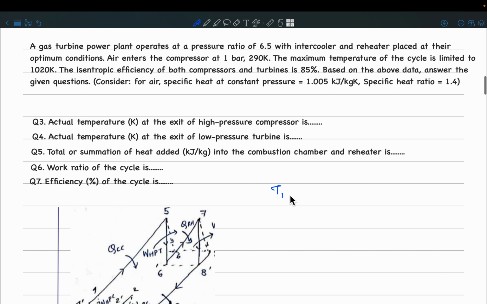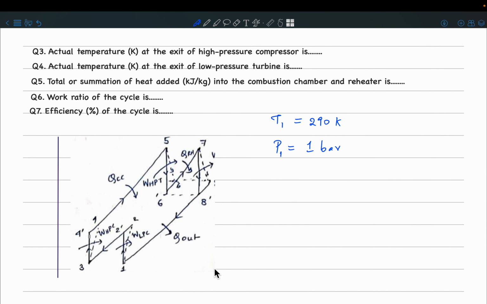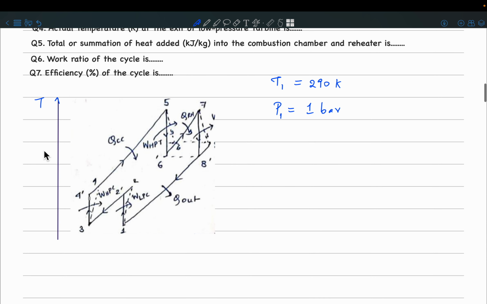T1, which is the inlet condition, is given to be 290 Kelvin. P1, the inlet pressure, is given to be 1 bar. The maximum temperature of the cycle is limited to 1020 Kelvin. So if I just draw the cycle over here, as you can see, this is the temperature, and the